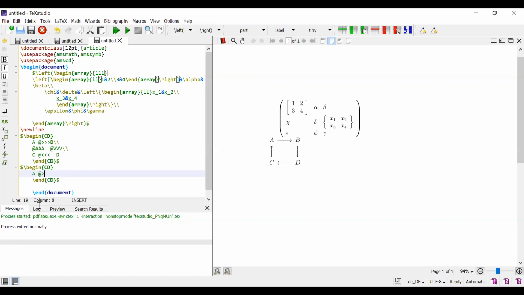Next, what is the value? Yeah, this is phi 1. Therefore, we write slash phi underscore 1.